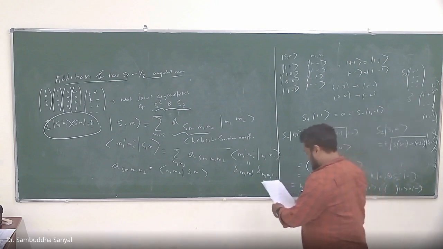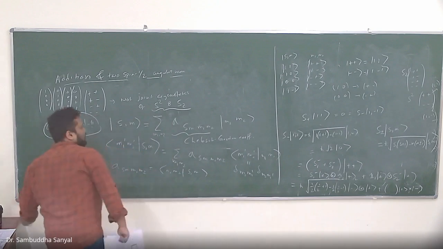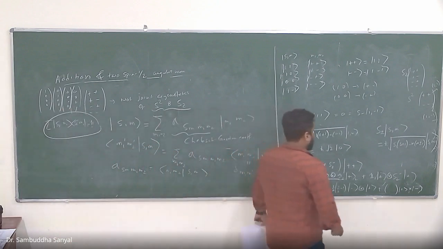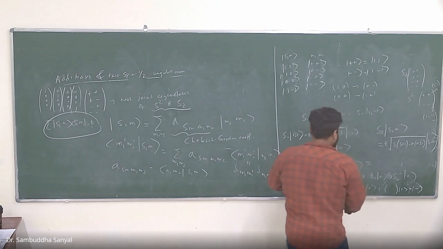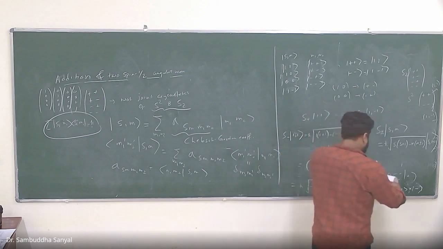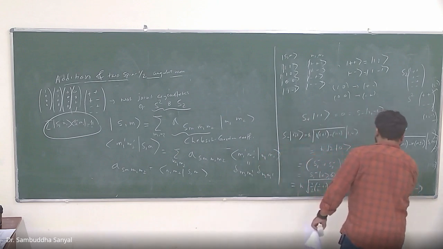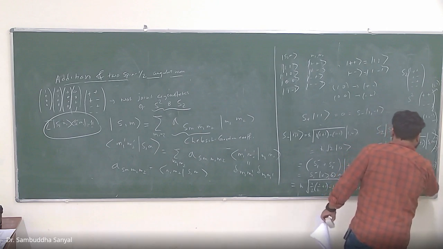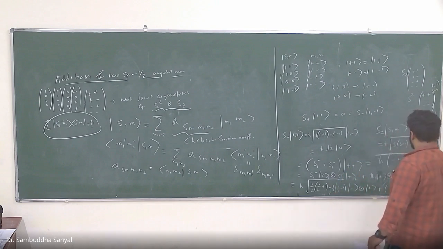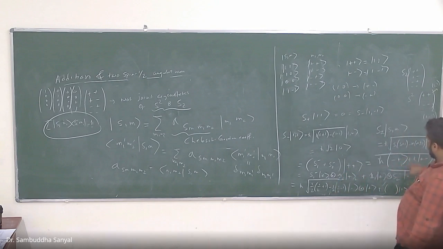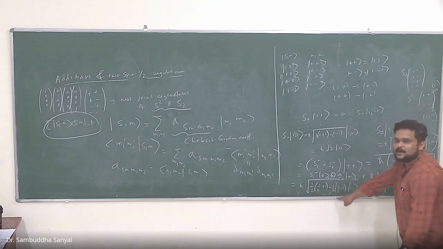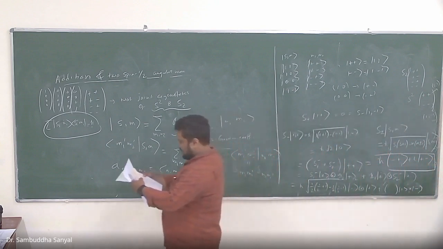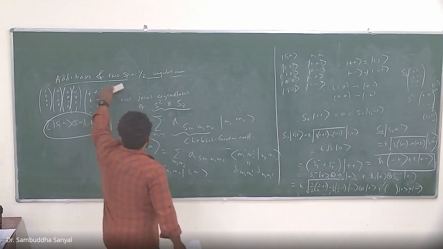So let me write the final form. The final form will be this. And the final form will be h bar minus plus h bar plus minus. Very simple. Final form will be h bar plus minus, h bar minus plus, this is minus plus, and h bar plus minus. This factor is h bar. Okay. So now that means what? So that means,